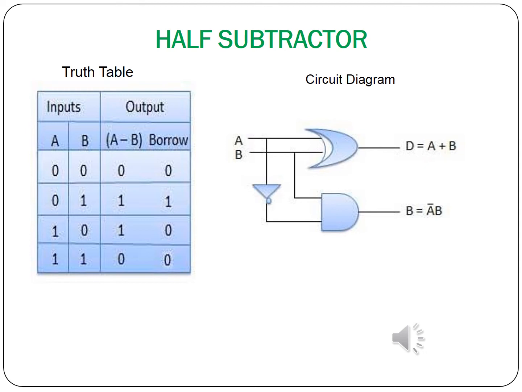Another combination, 1 0. 1 minus 0 is 1, and there is no borrow involved in the subtraction. Now the last combination 1 1, a equal to 1, b equal to 1. 1 minus 1 is 0 and there is no borrow involved in the subtraction. So the difference output, 0 1 1 0, clearly shows the exclusive OR gate output, and the borrow is the 0 1 0 0 combination.